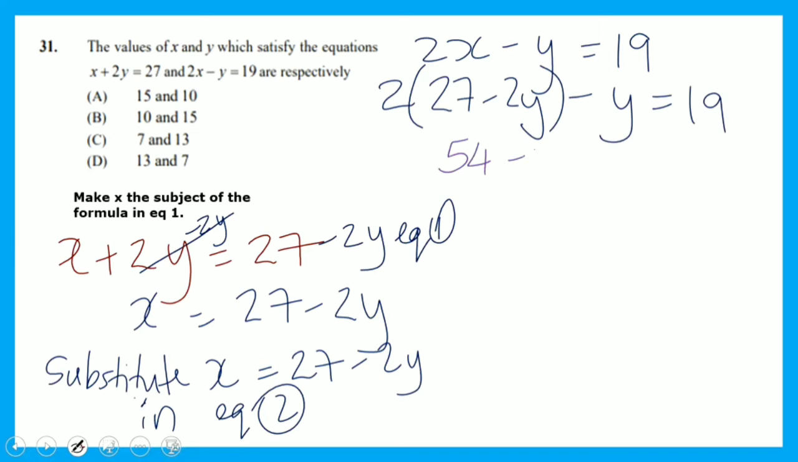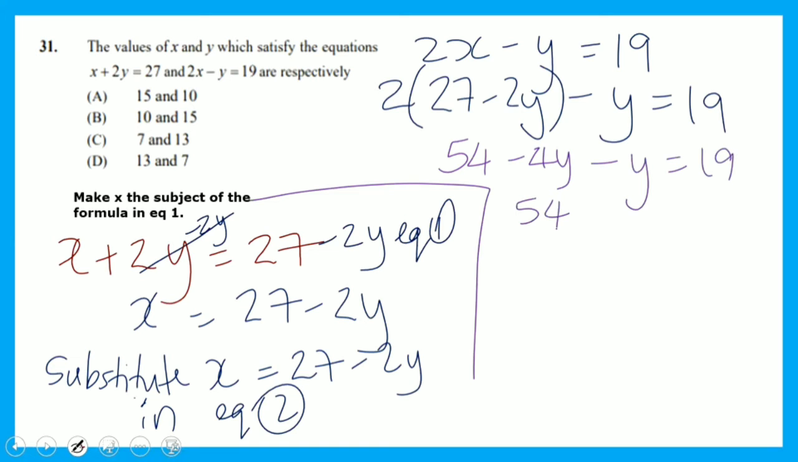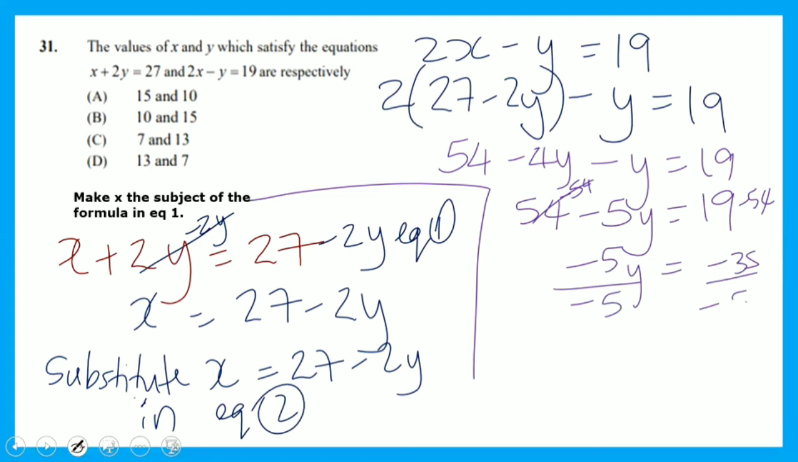Expanding, we get 54 minus 4y minus y equals 19. We can simplify that negative 4y minus y, and we will get 54 minus 5y equals 19. Of course, get rid of this 54. That's minus 54. Negative 5y equals negative 35. And once you solve by dividing both sides by negative 5, y is equal